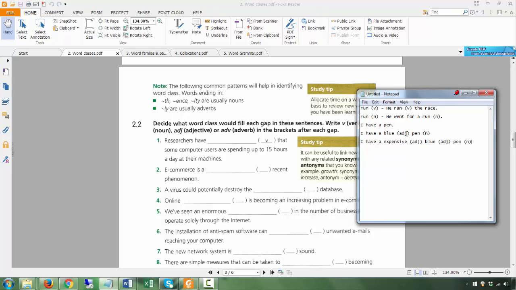Pen is a noun. Now I'll go through a bit of what the 4 word classes are: nouns, verbs, adjectives, and adverbs. I go through a bit in the writing class too, but I also tell my students this is the most basic in a sentence, in the English sentence. So if you're not sure what a verb, a noun, an adjective, and an adverb is, I mean, most students